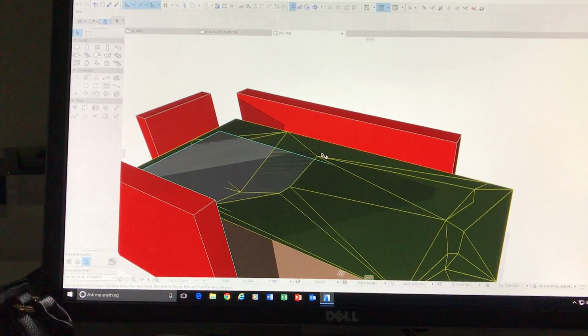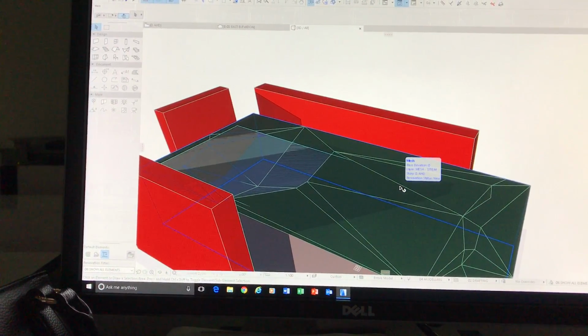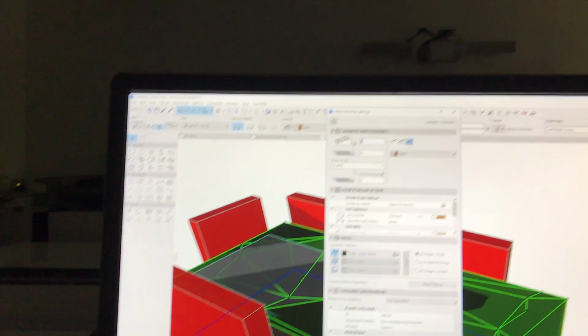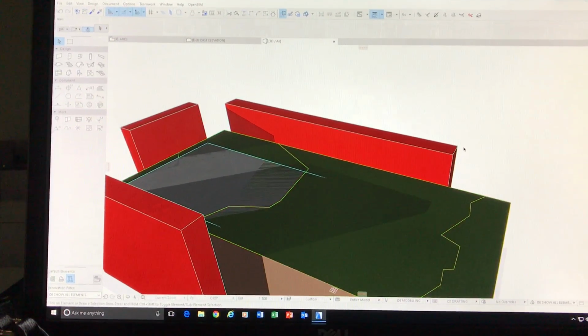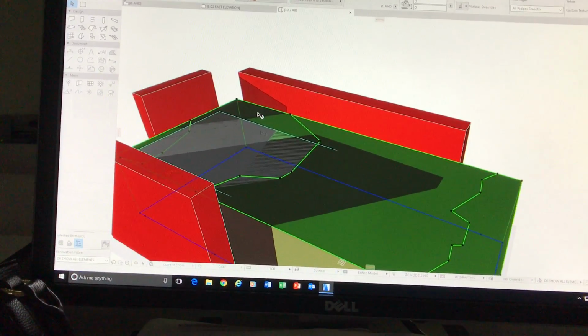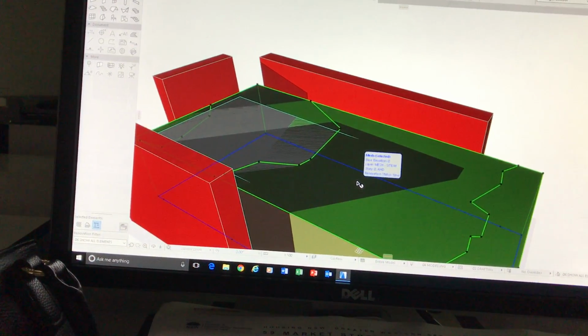Notice that we've got shadows happening now, which is exactly what we wanted. I'm going to change this back to soft ridges because I don't want to see all of those lines getting in the way. You can see pretty clearly that these shadows casting across our site are something that we